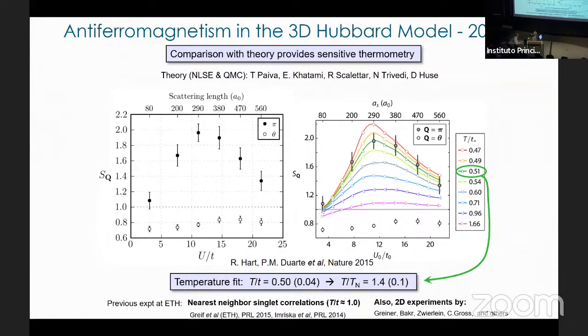All right, so this just summarizes that. We're able to get to about 40% above the Néel transition, which was better than anybody had done at the time in 3D optical lattices. This is Tilman Esslinger's group, but since then there have been 2D experiments, these quantum gas microscope experiments. They do single site resolution. They're really beautiful and very sensitive. And they're able to show that they can get below the Néel transition. This is Greiner and Bloch and Zwierlein and Christian Gross and